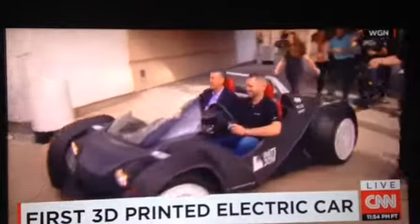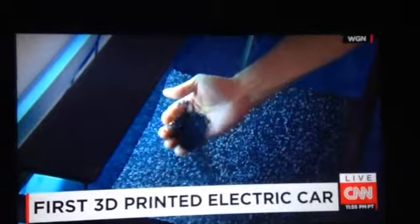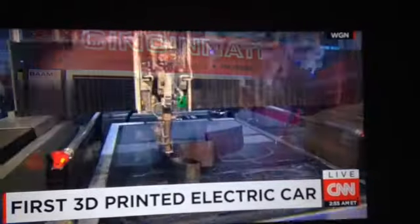Is it like one of those aha moments where you wake up in the middle of the night, in a cold sweat, and you say, hey, I want to print a car today? It was one of those moments where I felt incredibly frustrated that despite 100 years of history, we weren't making cars fast enough. The team started with these carbon fiber plastic beads from Cincinnati Incorporated and using their large 3D